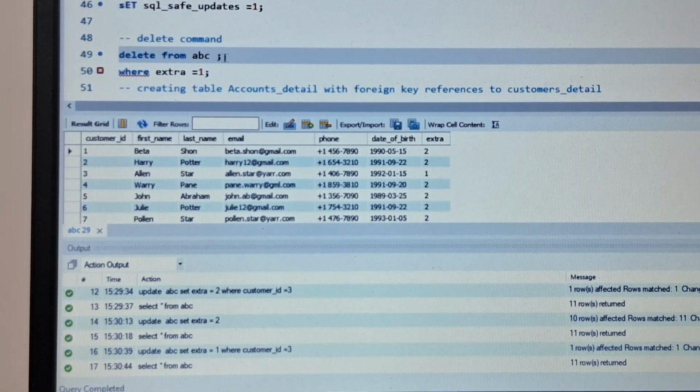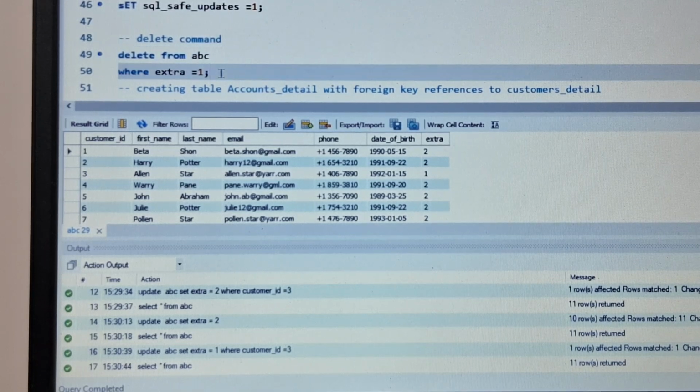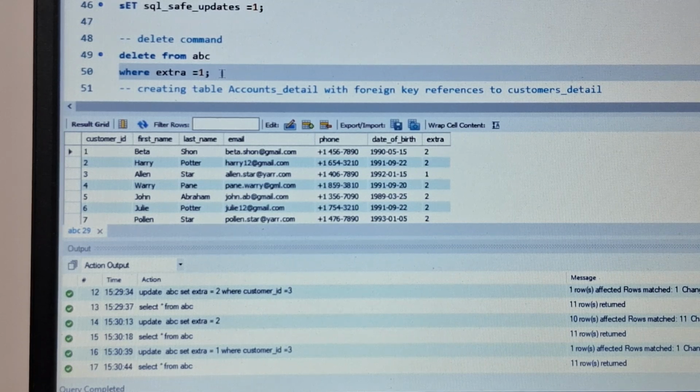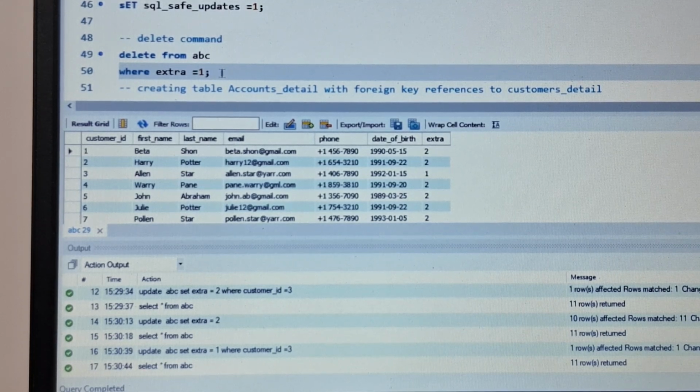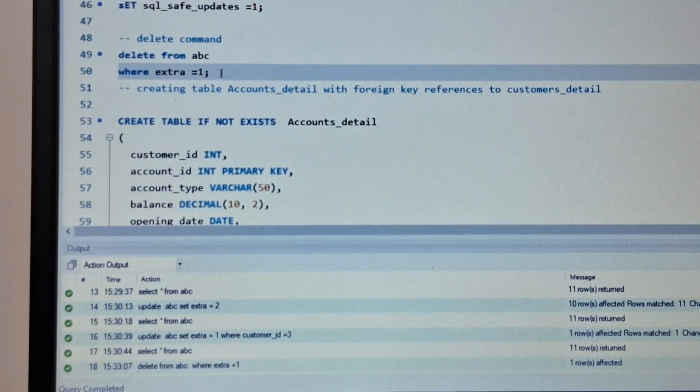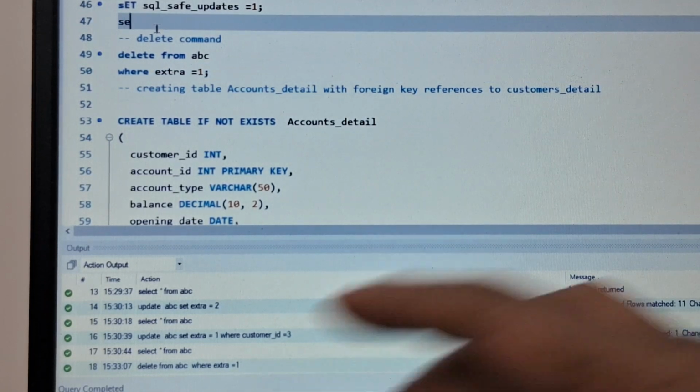Actually, there is a semicolon. You need to put the semicolon only after the completion of your syntax. So let's hit it and see.